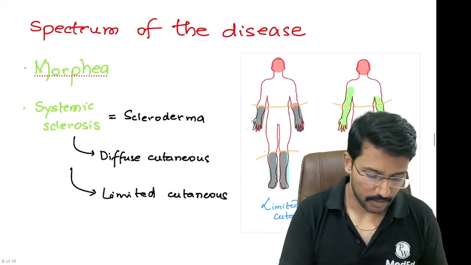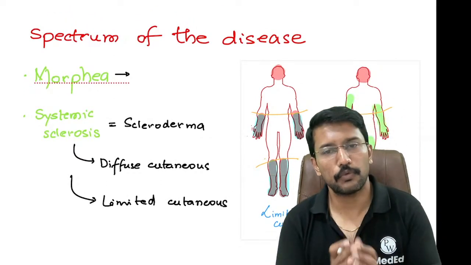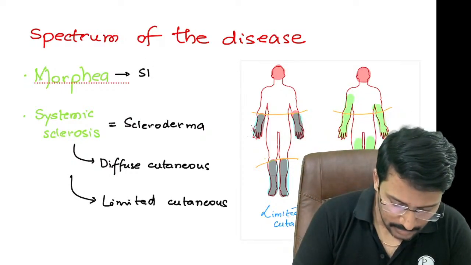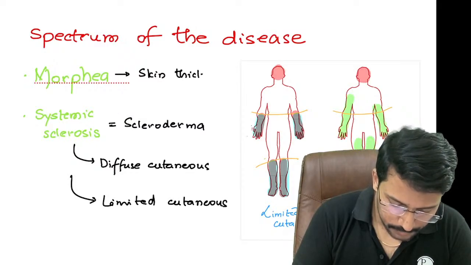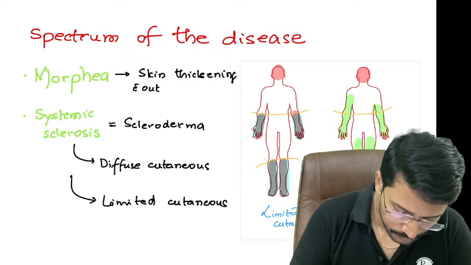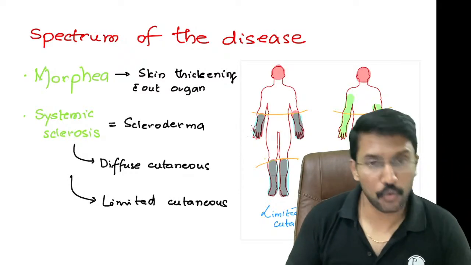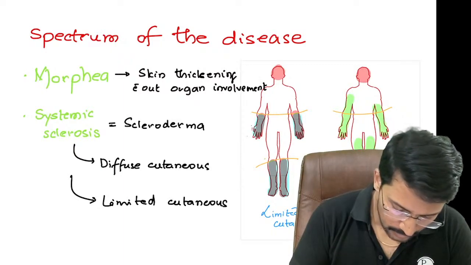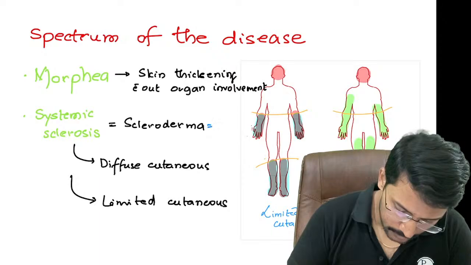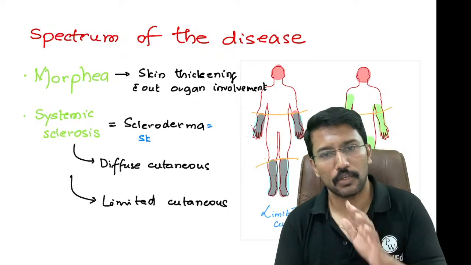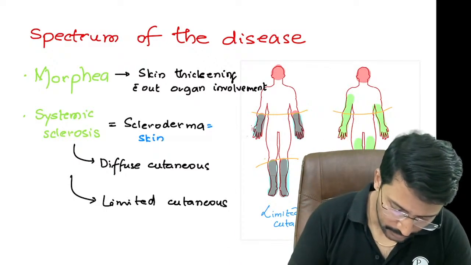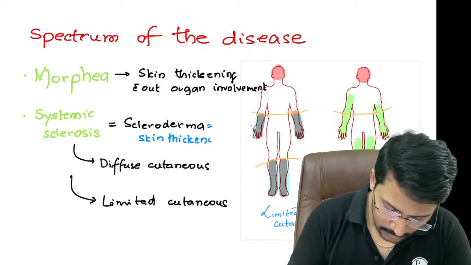But first word, morphea, right? What does morphea stand for? Morphea stands for thickening of the skin without organ involvement. Morphea means skin thickening without organ involvement. If there is skin thickening with organ involvement, then we will call it scleroderma or systemic sclerosis. The name says systemic sclerosis. System means organs plus skin. So skin thickening plus organ involvement, then we will call it